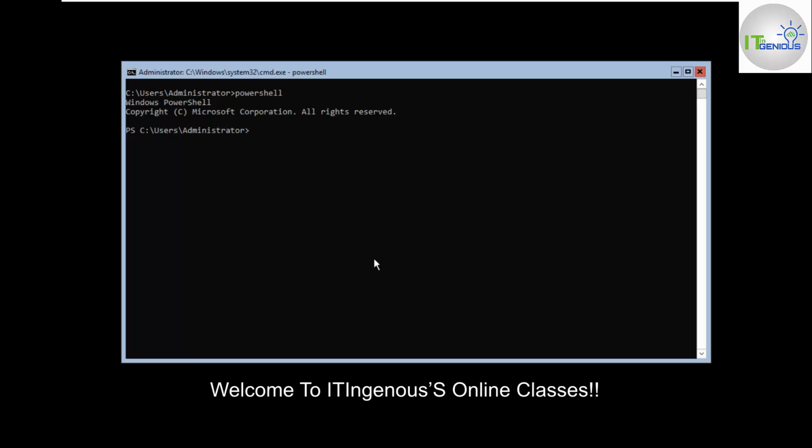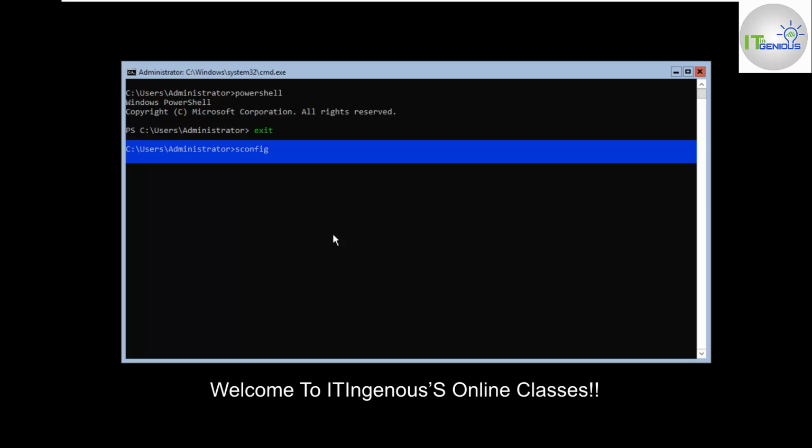For basic configuration, now let me click on exit. Whenever you type exit, you will be back at your command prompt. Now if you have knowledge of commands, you will be able to manage your server. For basic configuration of this core server, we have a tool here known as sconfig. You can type sconfig here, and then you will get